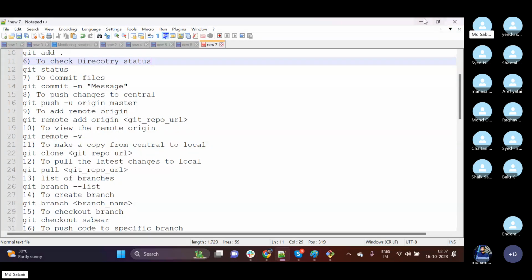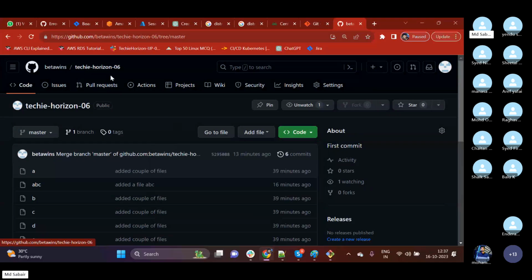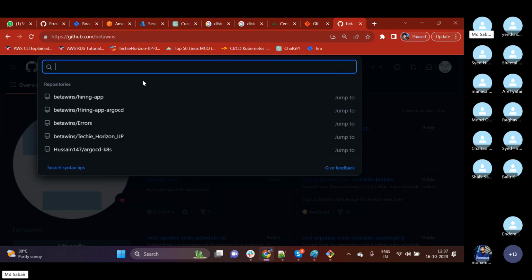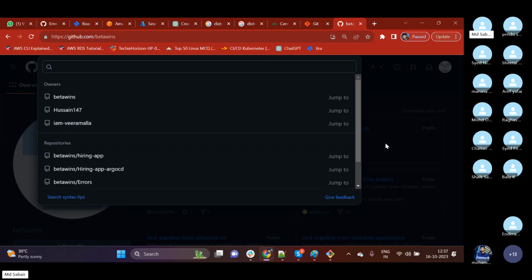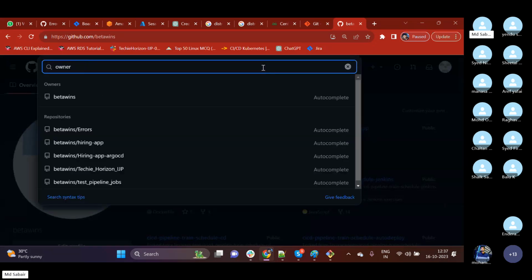For example, not everything will be written from our end only, right? I have a requirement and I want to check if we have any Terraform directories or repositories which are available. There is a very huge community, guys. If you want any repository or some help or some kind of sample code, for example, you